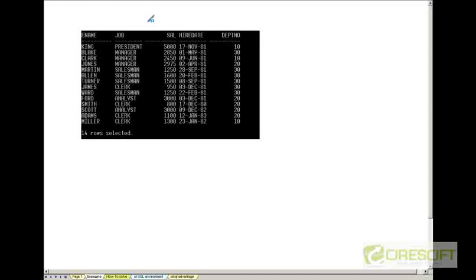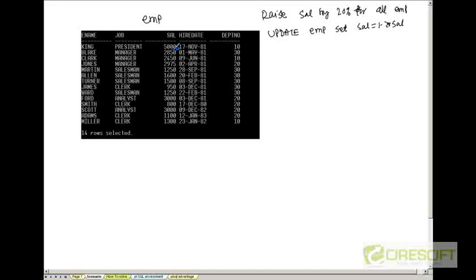We have an employee table, and in our employee table, we have all these 14 rows, and let's say 5 columns. And let's say if I ask to raise salary by 20% for all employees. So in that case, I just give a simple update statement. I'll say update emp set sal is equal to 1.2 times sal. Okay. So this update statement is going to update all this employee salary to 20% more than whatever they